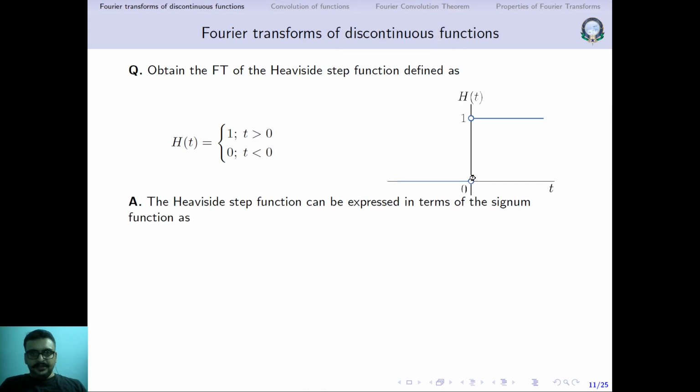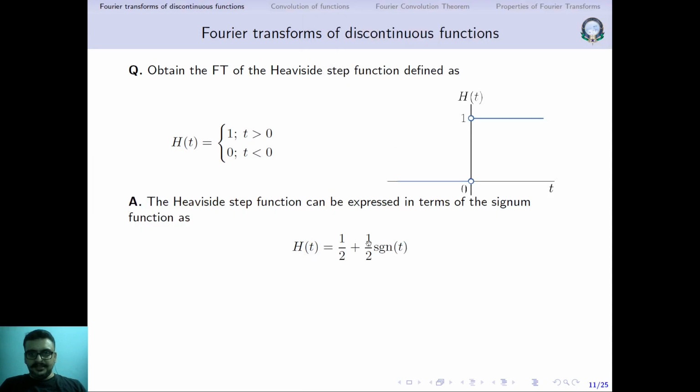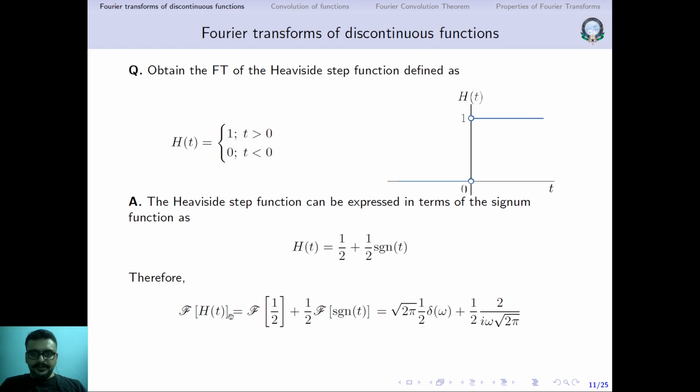So we can write down the Heaviside step function in terms of the Signum function by this. Same thing. If you have done this exercise, you will know how this result comes into the picture. So taking the Fourier transform of the Heaviside step function means taking the transform of half, and half times the Fourier transform of the Signum function. Now what is half? Half is a constant, and we have already obtained the result for the Fourier transform of a constant. The Fourier transform of the constant is root over twice pi times whatever the constant is times the Dirac delta function. The constant is half, so root over twice pi times half times the Dirac delta function,